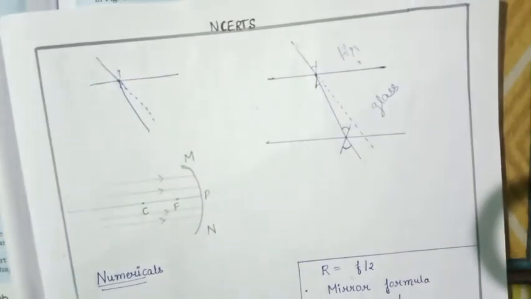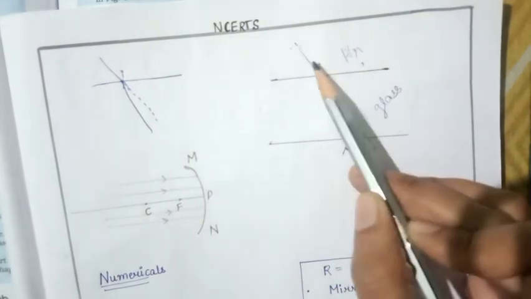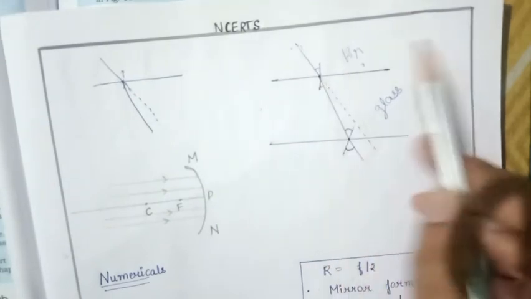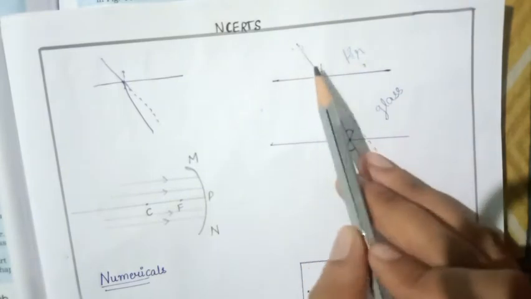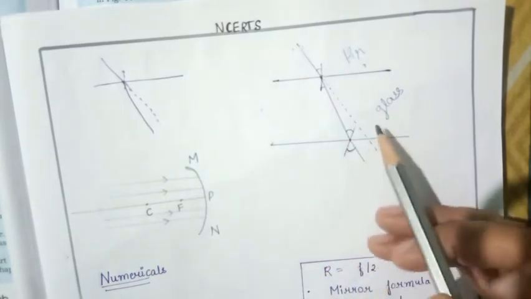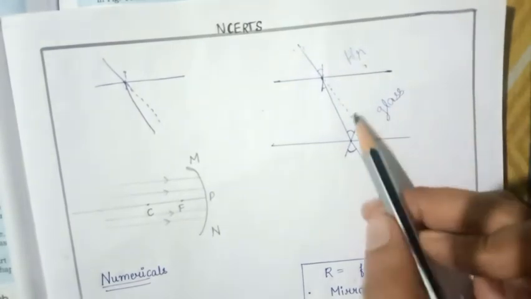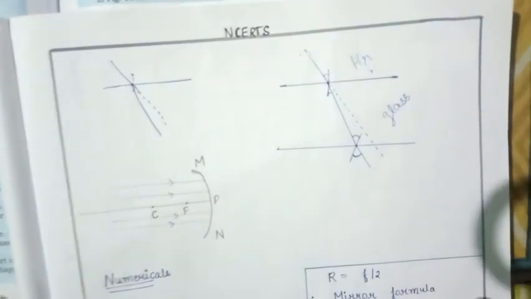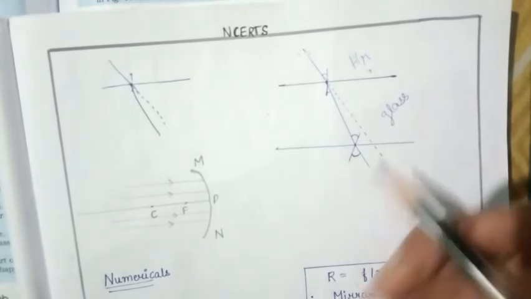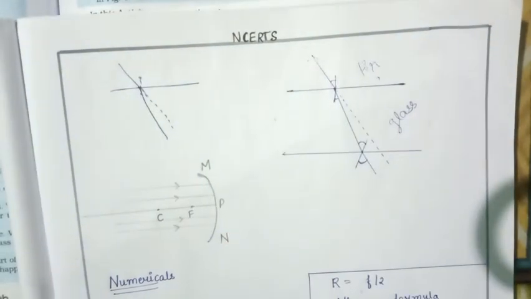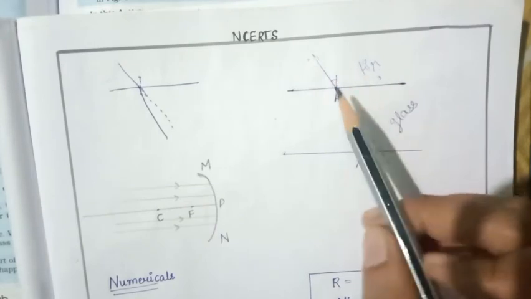What is refraction? Refraction is when a ray of light passes from one medium to another medium, for example from air to glass, and there is a change in the speed of light. Let's take an example. You just have to assume this, please don't take it personally, I'm just giving you tricks. It's a weird trick, but yeah, it's a trick.